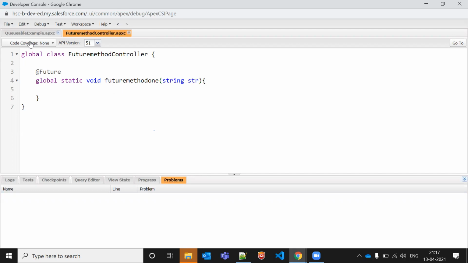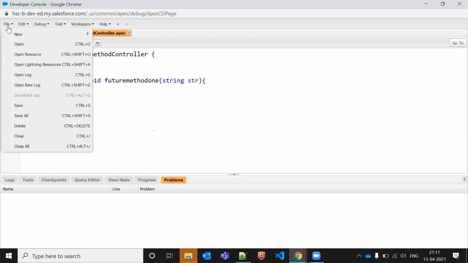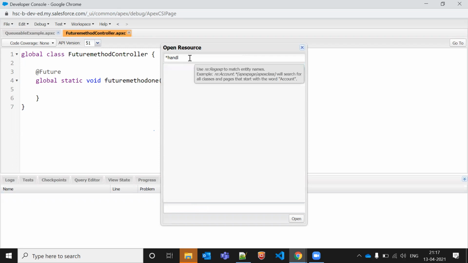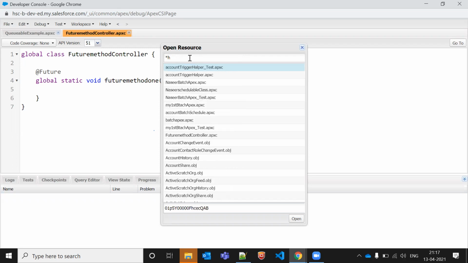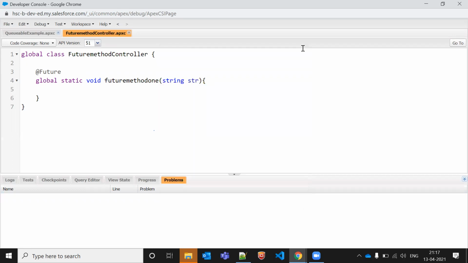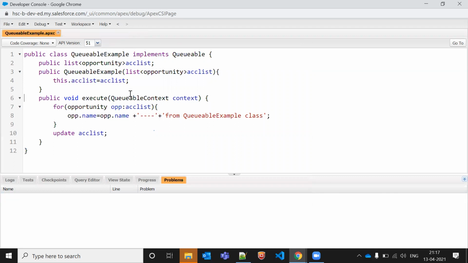So let me just find any handler class. If we get it, we'll use this helper handler class. Okay, no worry. So let's do one thing. Let's create a trigger. On that trigger we will use the future method. Then you will get to know whether we can use the future method in the trigger or not.